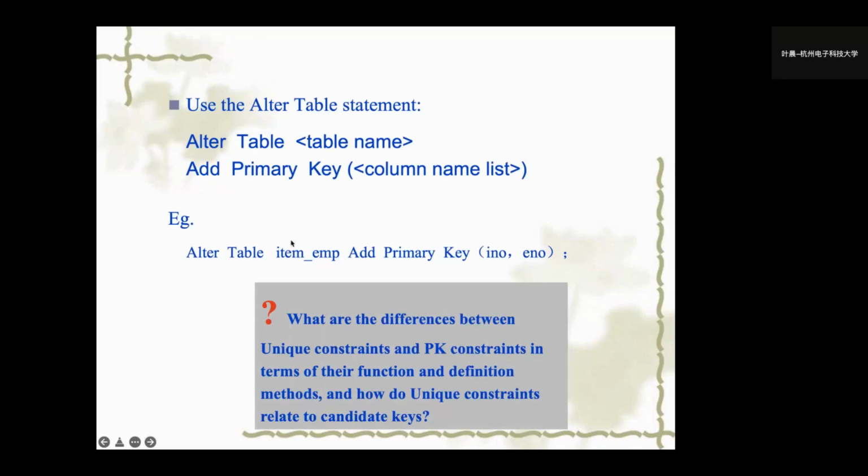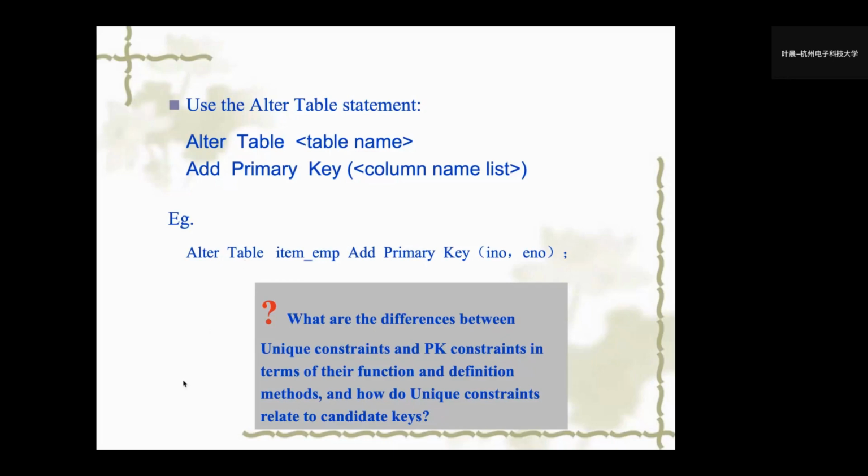For example, if we want to add these two attributes as the primary key to the item employee table, we can use this SQL: ALTER TABLE item employee ADD PRIMARY KEY